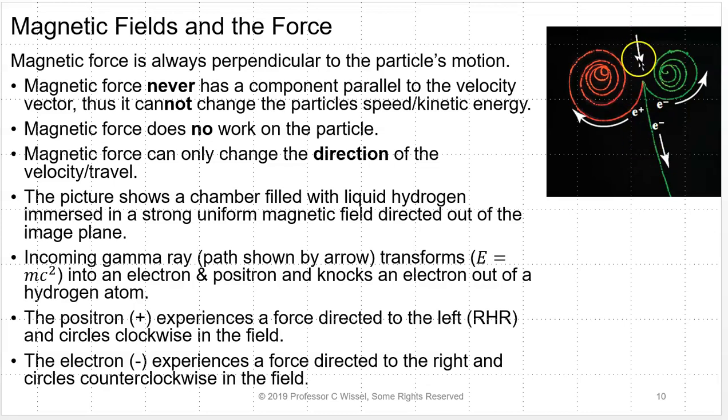An incoming gamma ray, which is the path shown by the arrow, transforms via E equals mc squared into an electron and positron pair, in other words, a matter-antimatter pair, and knocks an electron out of the hydrogen atom. The positron, which has a positive charge, experiences a force directed to the left by the right-hand rule and circles clockwise in the field. The electron, which has a negative charge, experiences a force directed to the right and circles